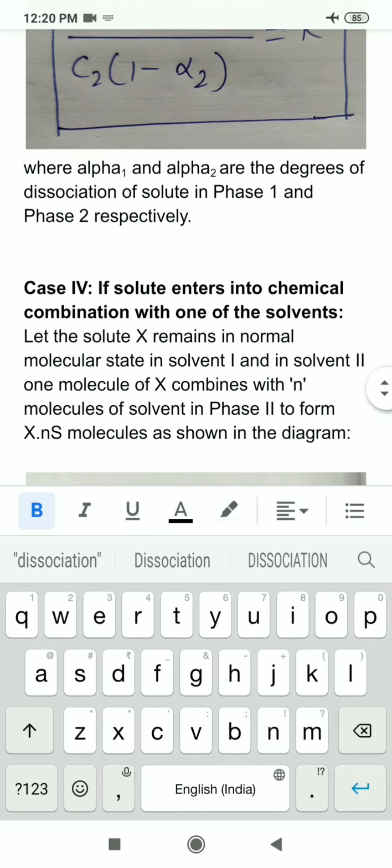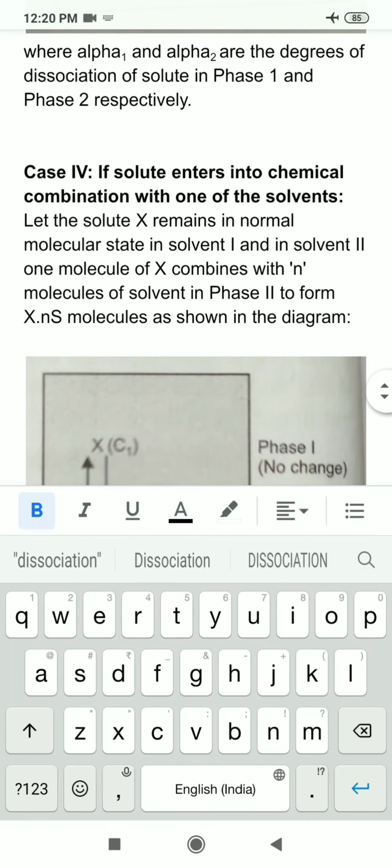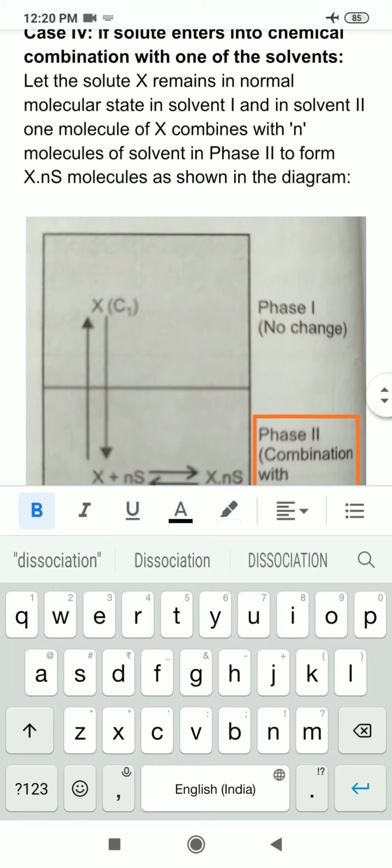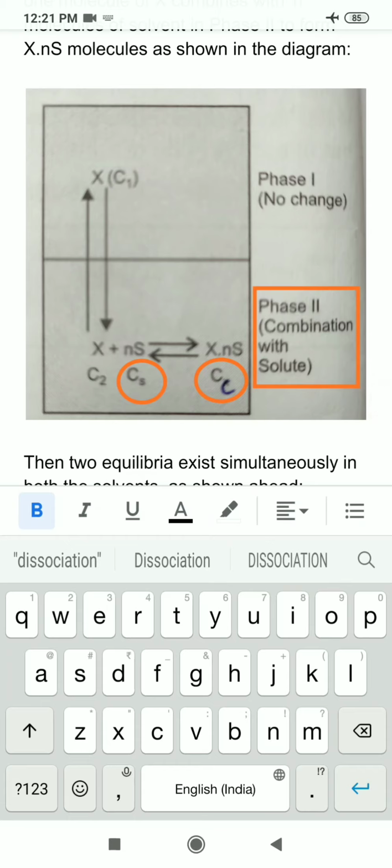Now I am coming to the fourth case. Fourth case is if the solute enters into chemical combination with one of the solvents. Now what is the meaning of chemical combination? Please see here in this diagram I have taken X as solute in phase 1 in which no change is there and its concentration is C1. But when it enters into phase 2, its total concentration in phase 2 is C2. But in phase 2, solute X is combining with n number of solvent molecules whose concentration is CS,